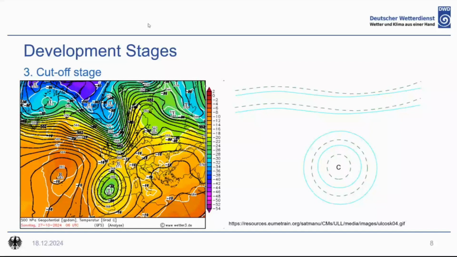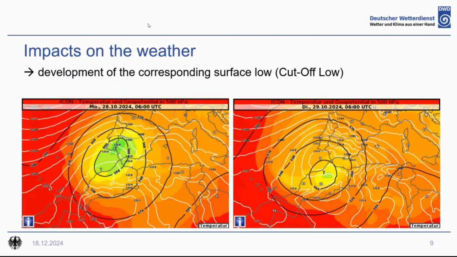The next map shows an impact on the weather. The colored area represents the temperature distribution at 500 hectopascal. The black lines represent the isohypses, and the white lines represent the ground pressure distribution. On Monday, the 28th of October, on the left side, the upper level low moved further south